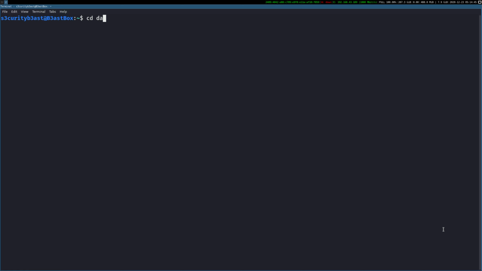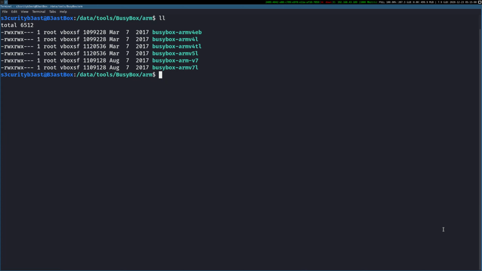So here are some binaries. This is called BusyBox. In every embedded Linux or every operating system where the space is low, you will find this binary called BusyBox. BusyBox provides multiple binaries in one binary. So it's an all-in-one combo. It also provides a kernel as well as initramfs. So let's take a look at this binary and see what it says.